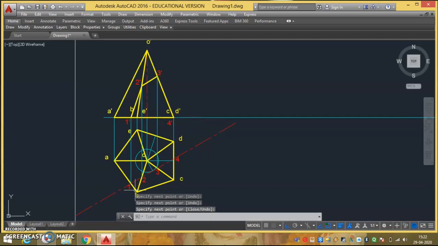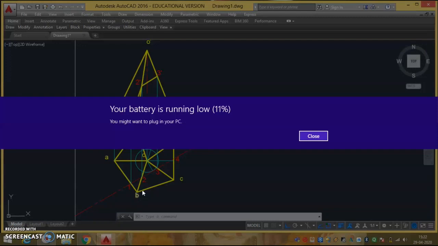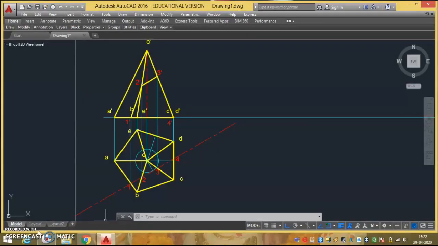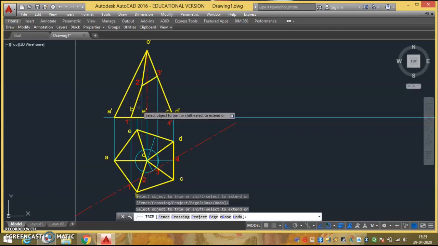Now what is happening here is when you cut this particular solid, this part is removed and only this part is remaining. If this part is removed, it means the part of OB is not there. Similarly, part of OC is not there. So since this part is removed and this part is removed, I can just remove this line. If I remove this line, this will be like this. Now even I don't want these lines because I have to draw the section lines, so I just remove those lines as well.